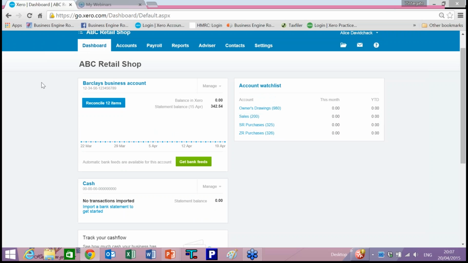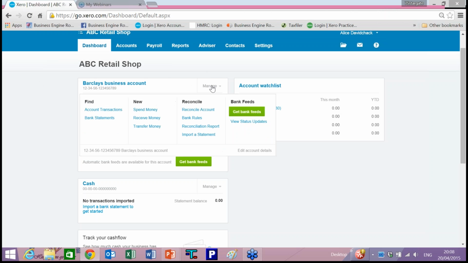To record any transactions, in Xero you will have a number of ways to do the same thing. To keep things simple, I will show you one way, but no doubt the more you use Xero, the more ways you will discover to record your transactions and keep your bookkeeping as customized to your needs as you want to. So for example, if I need to record a transaction that's gone through my bank account, I